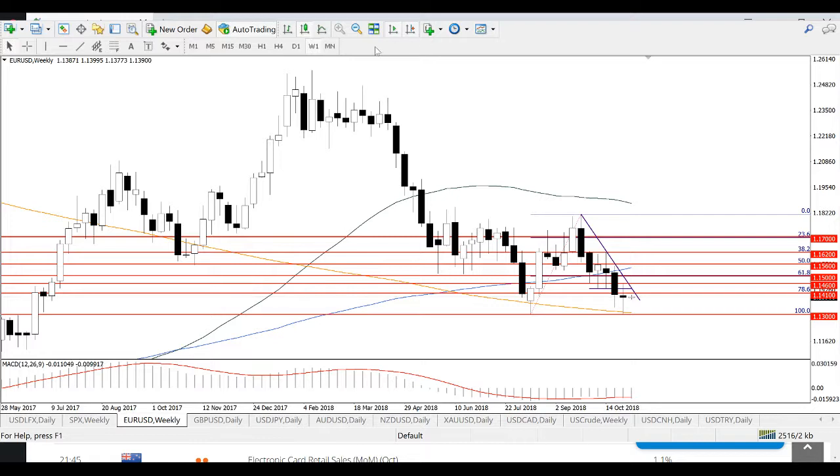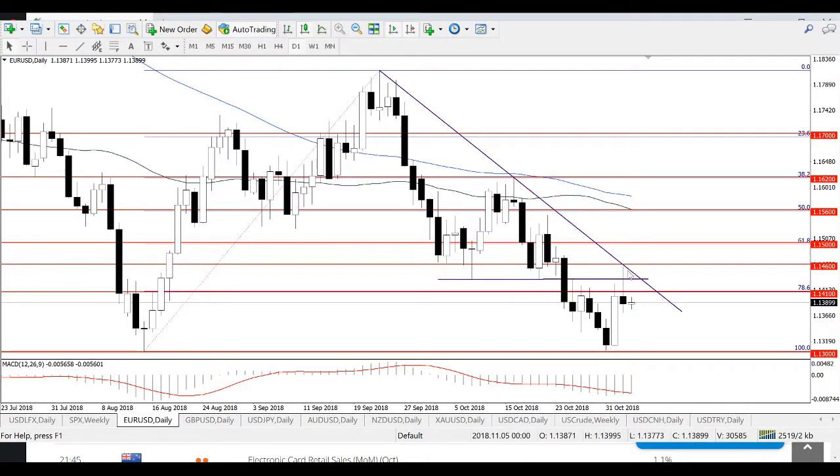Switching to the daily chart, we can see that indeed the trend line prevented the euro from getting very high. We can see that resistance is located in the area of 1.1430, 1.1460. There was a shooting star candlestick formed on Friday, and it is quite natural now to expect some pullback in euro-dollar to the downside. However, support at 1.13 seems really strong, and we need some extraordinary data from the United States to make the pair decline below that level, or some big escalation in tensions around the Italian budget,